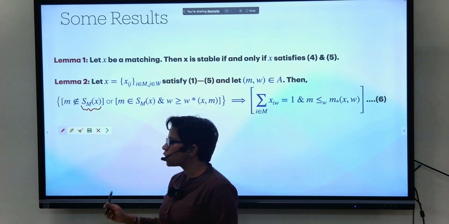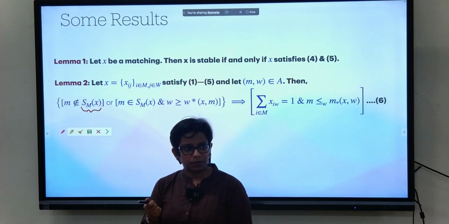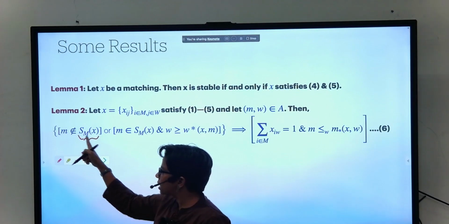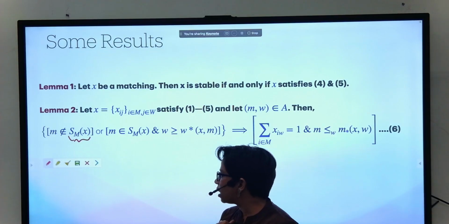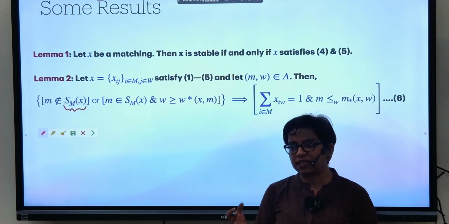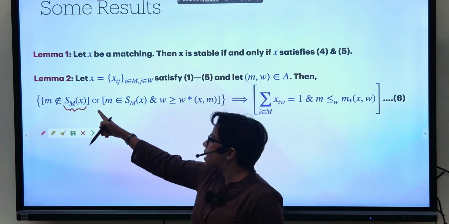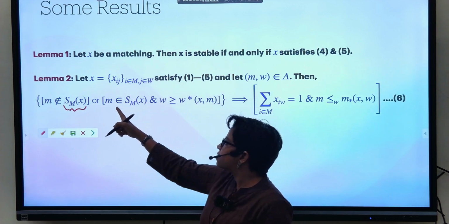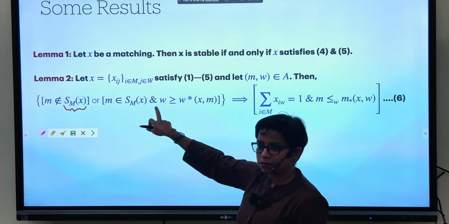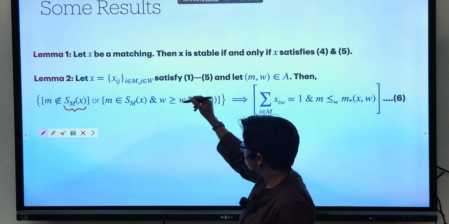In this matrix X, all those rows which have at least one non-zero element, they are what this S_M_X is. So this condition, when read like this, means if you are looking at a row which has no non-zero entries, meaning this man has basically gone unmatched, right? That's the only way to interpret. If this happens, or it's the case that this man M is in S_M_X, but this woman, okay,